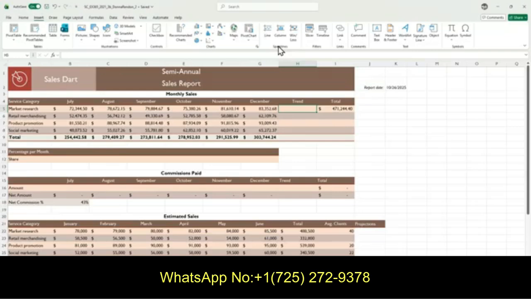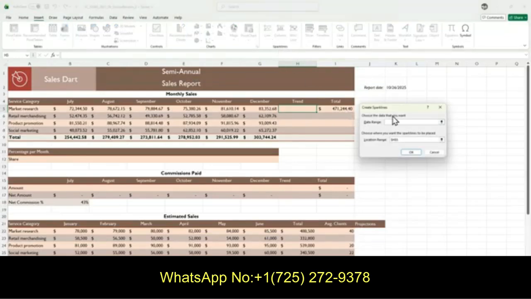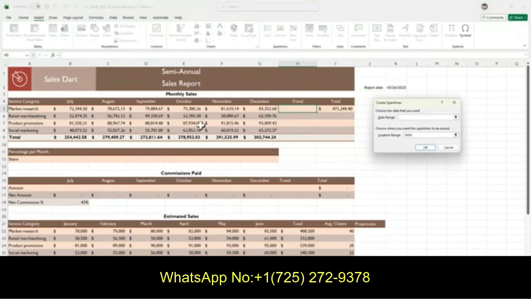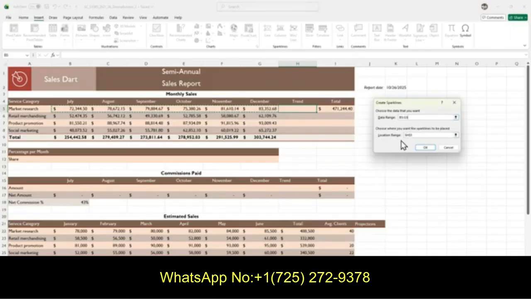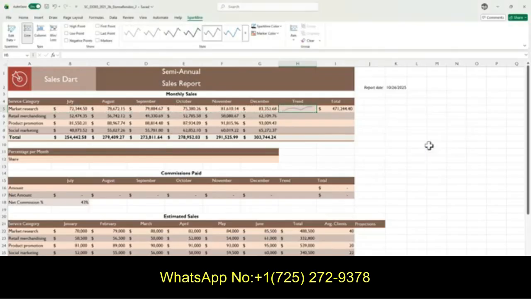From here, select Line, and your data range should be from B5 to G5. Select that, or you can type B5 to G5 under Data Range. My location range is already filled in. Select OK.